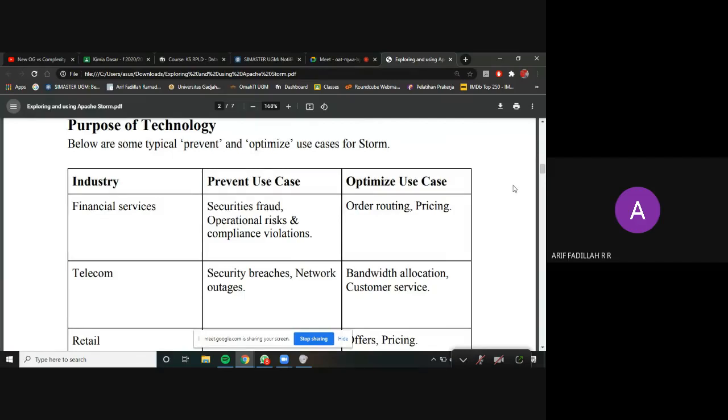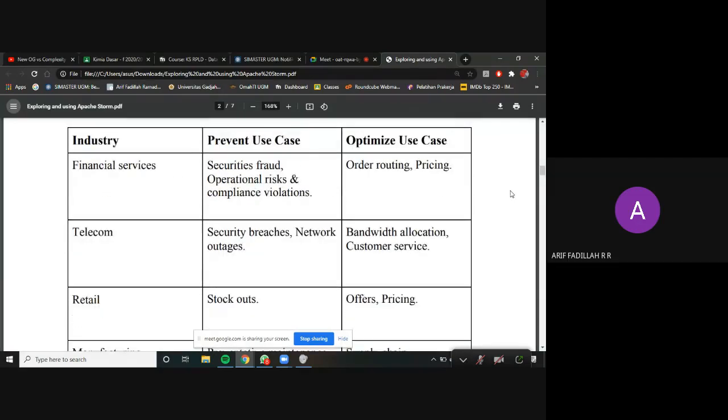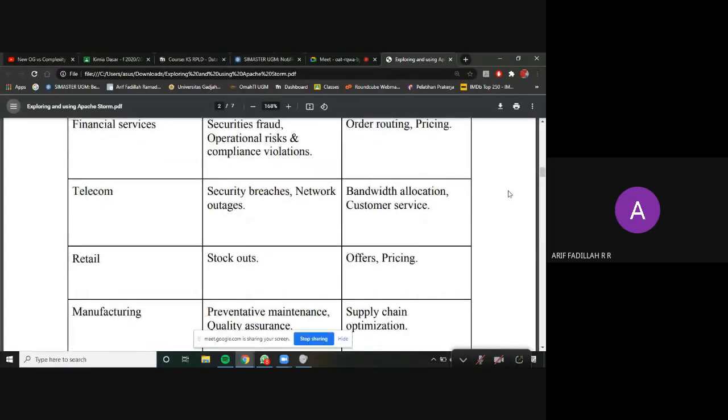So for example, in the financial industry, in the prevent case, you can use it for securities fraud, operational risks, and compliance violations. And the optimize use case for the financial industry is like order routing and pricing. There's also the telecom industry, and then the retail.